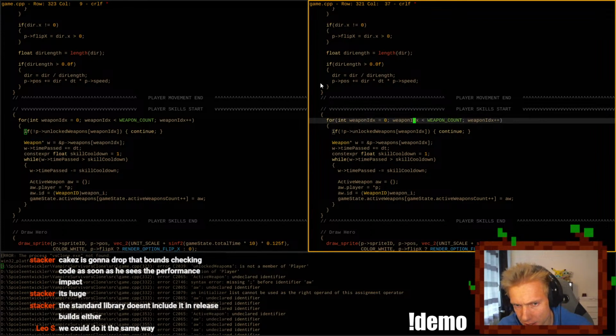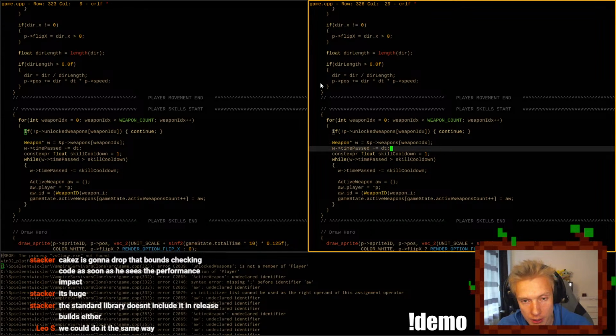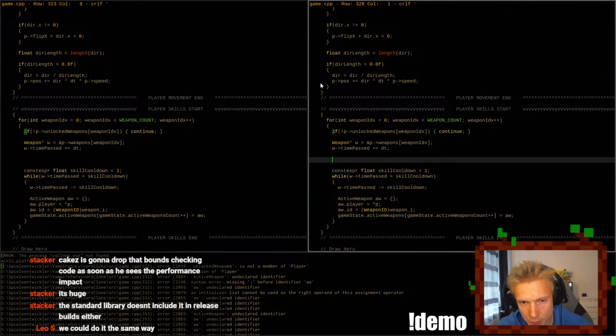A player skills start. So for every weapon he increases the time passed. And if it is greater than a cooldown, I guess we switch on the active weapon type and then we set the cooldown like that.